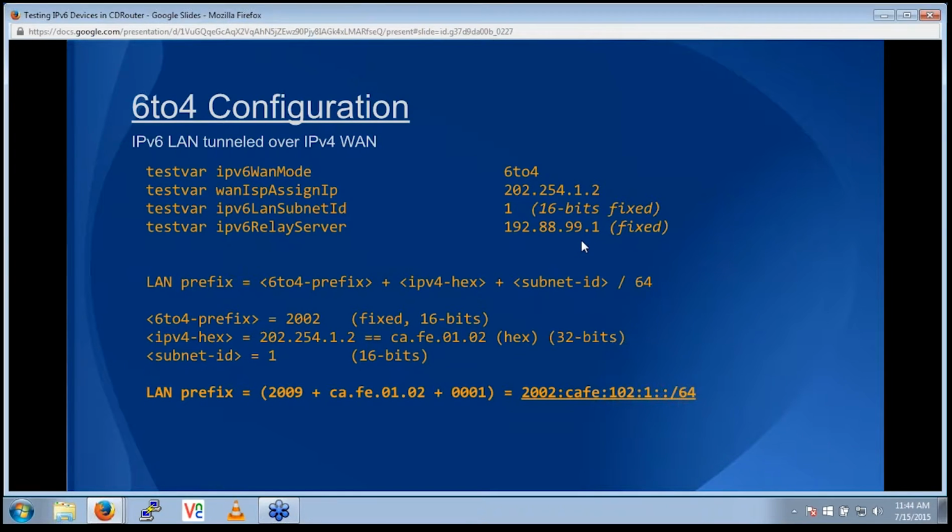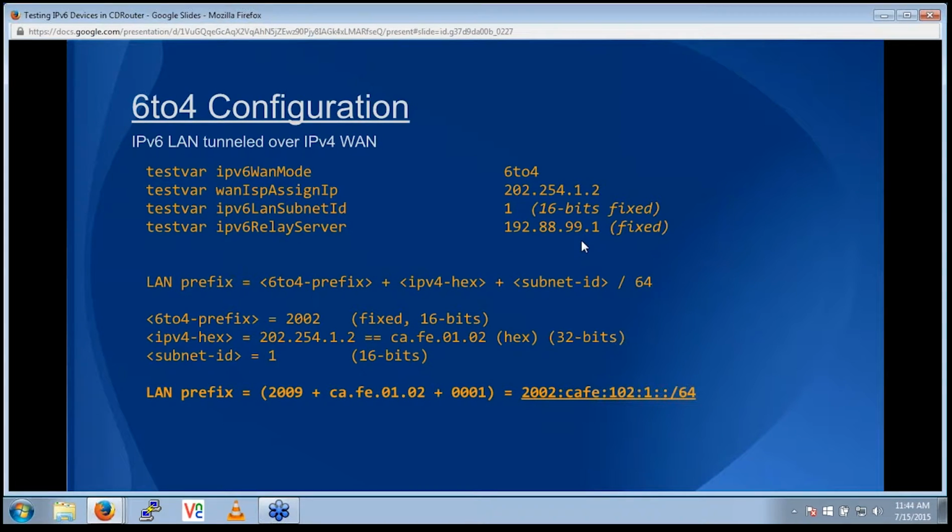CDRouter will then test the device to ensure that it can properly encapsulate IPv6 traffic from the LAN and forward it over to the relay server. CDRouter will validate that the address the device is using conforms to the 6to4 prefix, including the 2002 with the assigned IPv4 address in hex and the configured